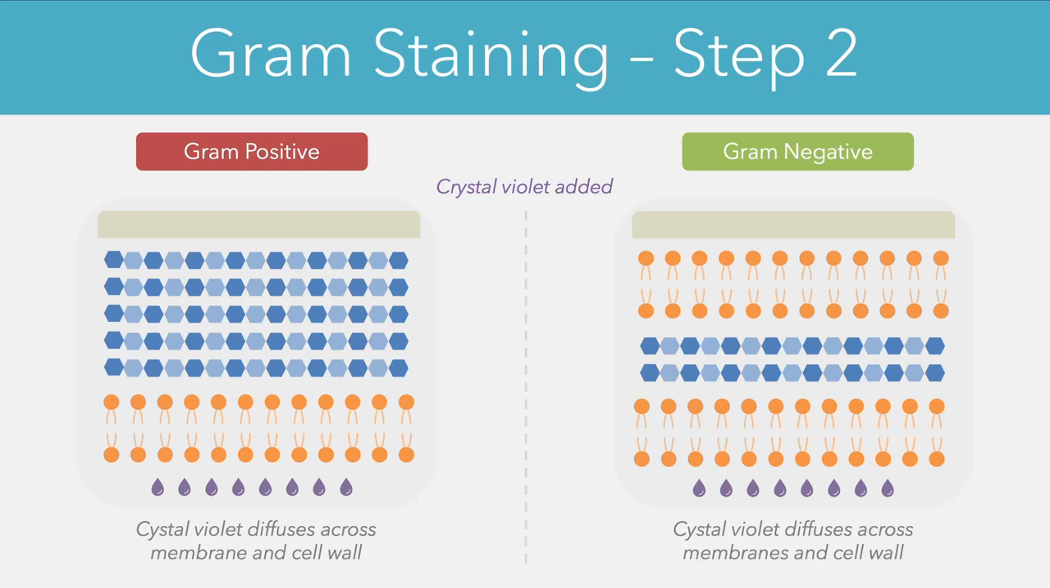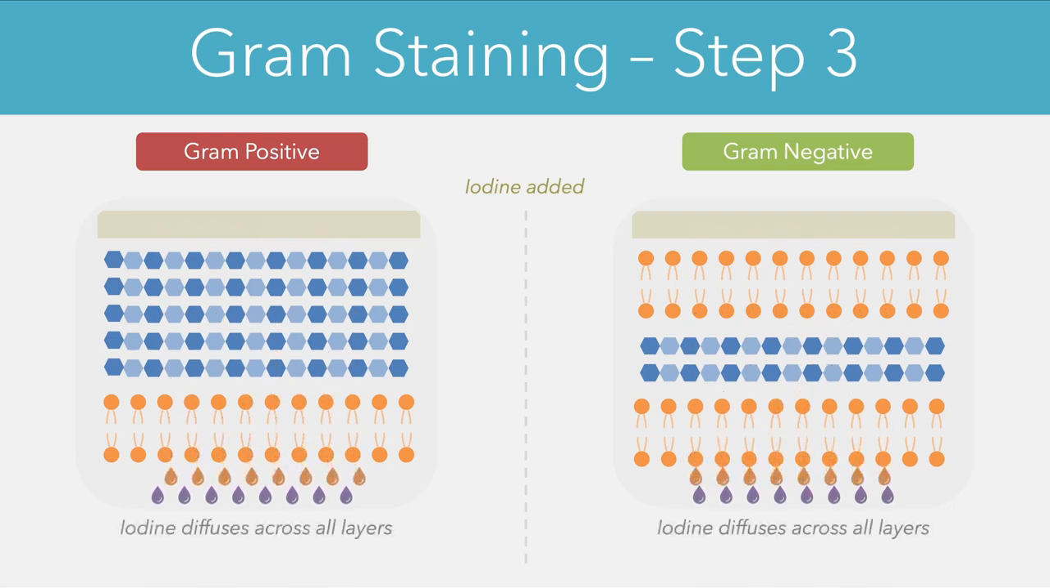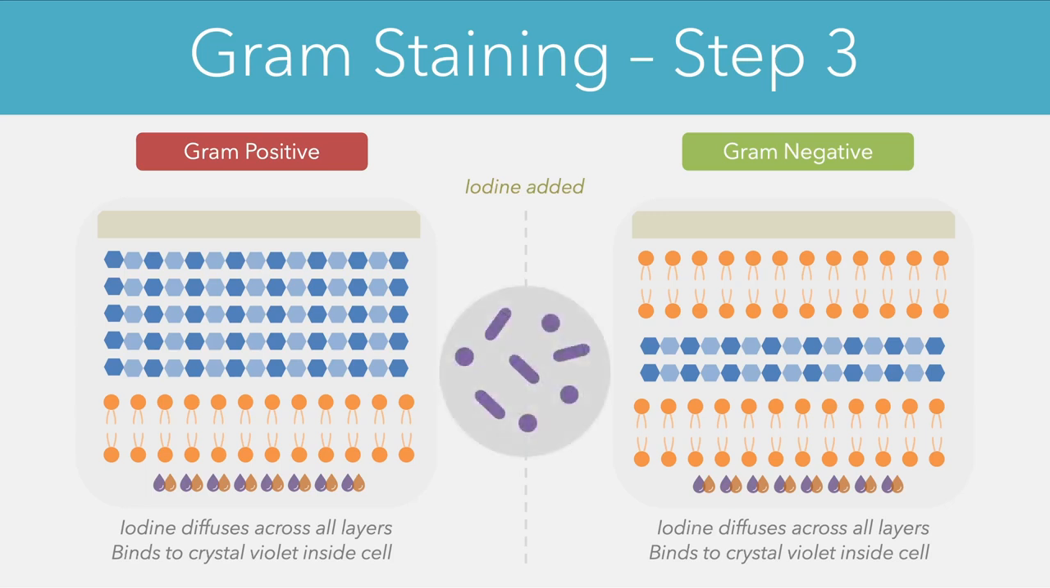As the name suggests, crystal violet has quite a heavy purple color, so if we looked under a microscope at this point, all of the cells would be stained purple. The next step involves adding another substance known as iodine, and just like the crystal violet, this iodine is able to diffuse across all of the outer layers and enter the cell. Once inside, these iodine molecules bind to the crystal violet to form complexes, and the entire purpose of this step is to basically fix the crystal violet inside the cells. Again, if we looked under a microscope at this point, the cells would remain purple because the crystal violet is